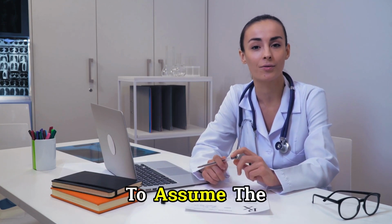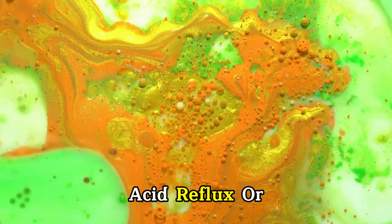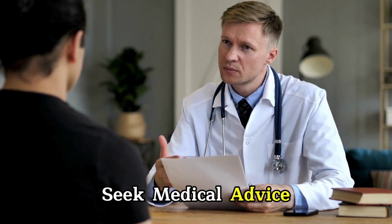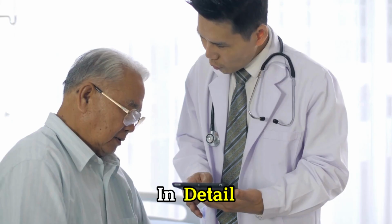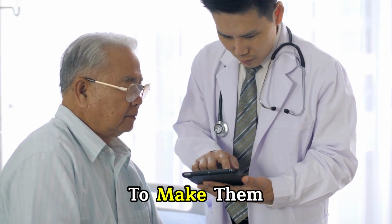While it's easy to assume the pain might be caused by something minor, such as gas, acid reflux, or a pulled muscle, don't dismiss the possibility of something more serious. Seek medical advice. If the pain persists or worsens over time, consult a healthcare provider. Describe your symptoms in detail, including when they occur, how they feel, and what seems to make them better or